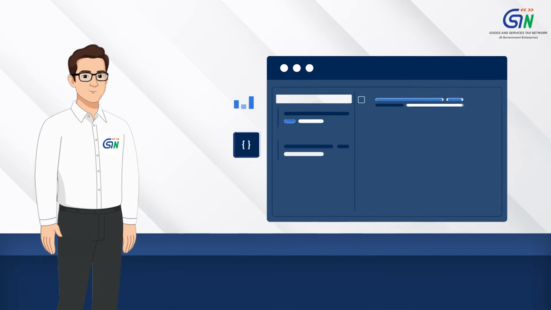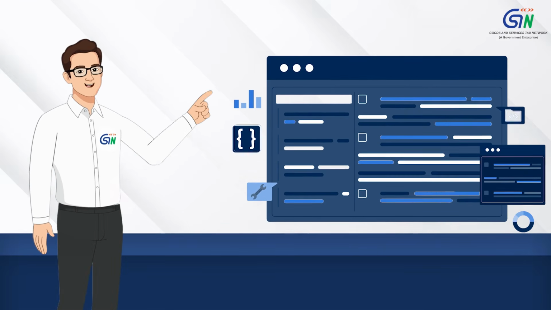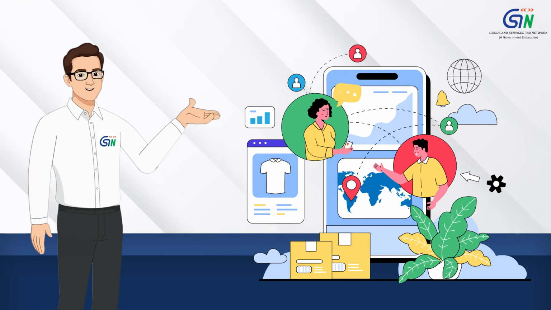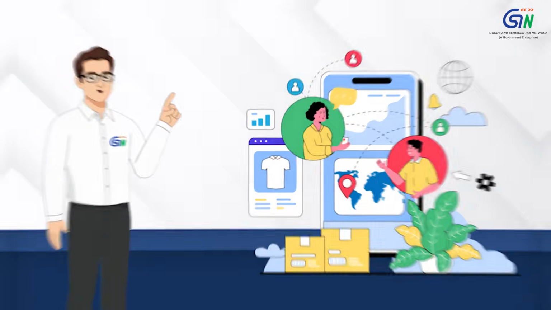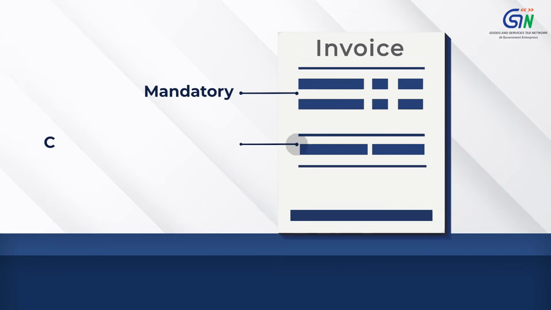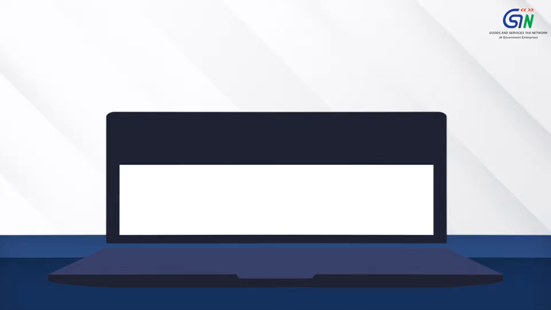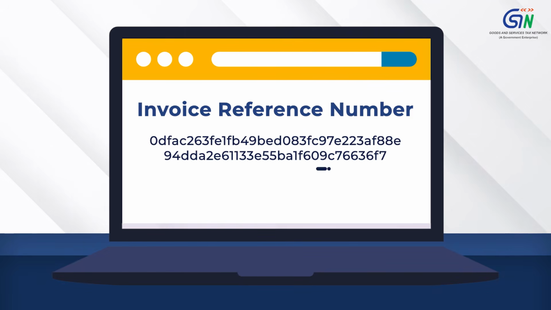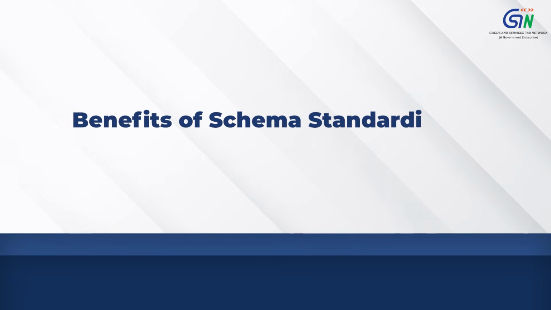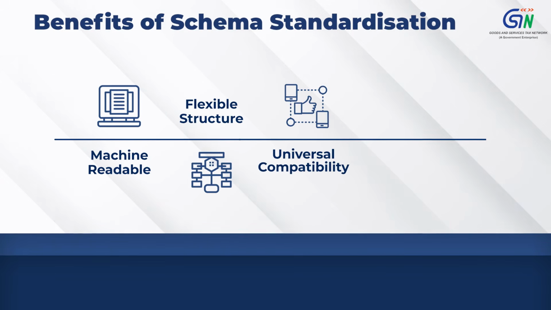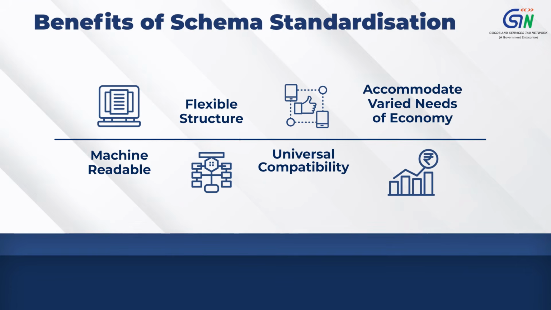The B2B e-invoice schema is a standardized JSON format specifically designed for business-to-business transactions under the GST framework. It defines the mandatory, conditional mandatory, and optional data fields required for generating a valid invoice reference number through the Invoice Registration Portal. The schema standardization offers benefits such as machine-readable, flexible structure, universal compatibility, and accommodating varied needs of